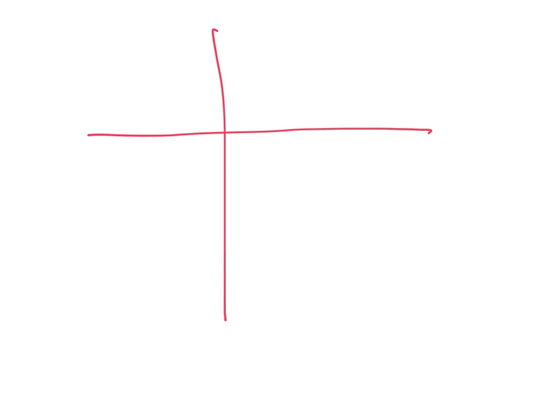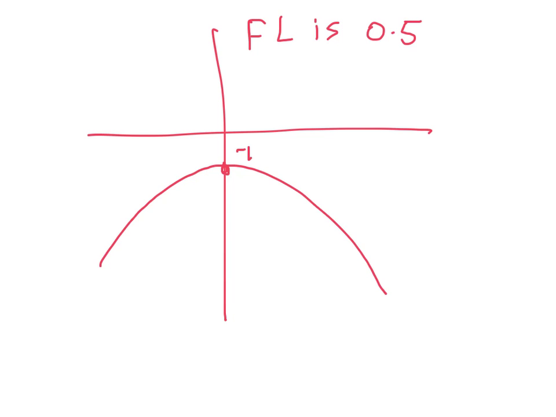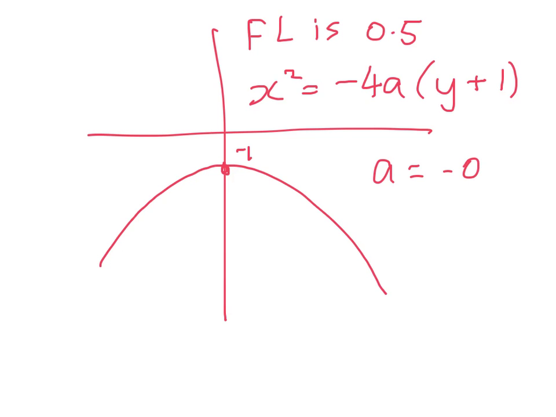Okay, last one, and you probably guessed it's going to be a downwards facing one, so there's my vertex at -1, and I'll tell you the focal length is 0.5. So the pattern is x squared is equal to -4a. It's been shifted down one, so it's y plus 1. So a is equal to -0.5. The equation is x squared is equal to -2